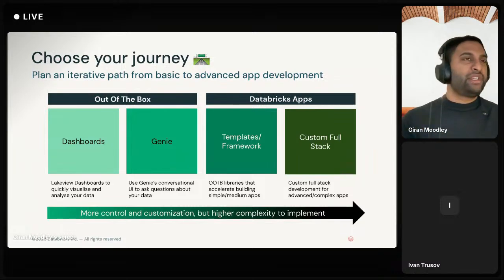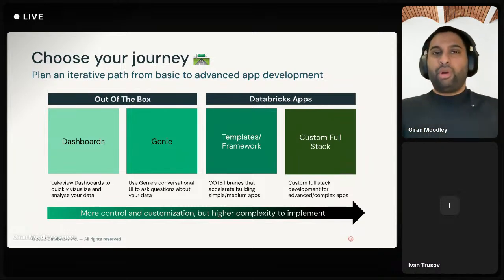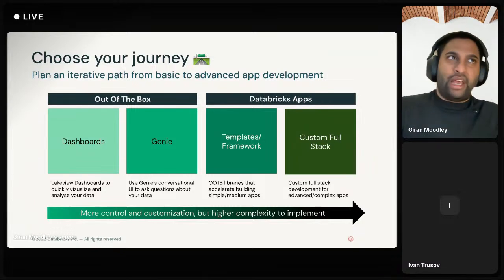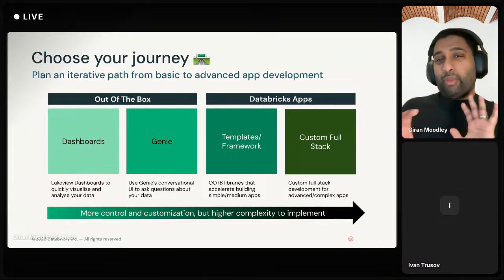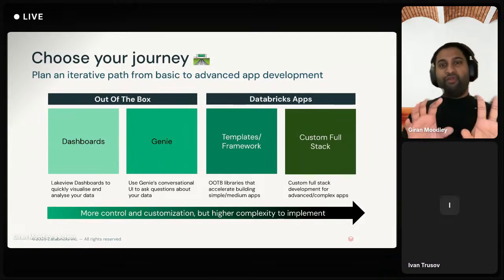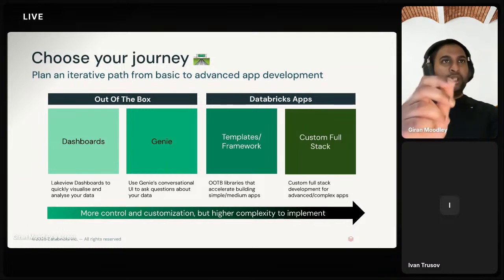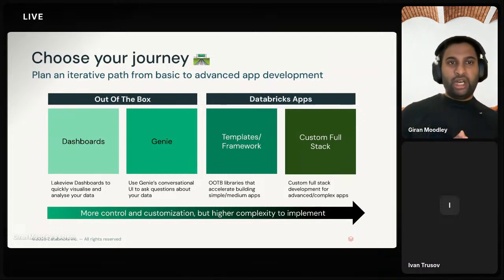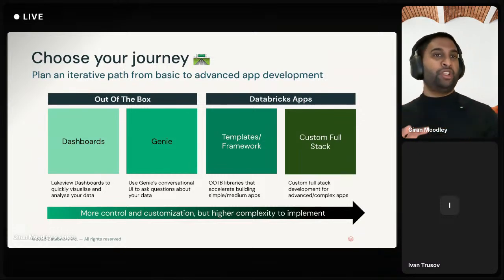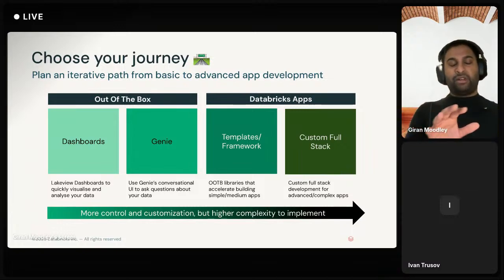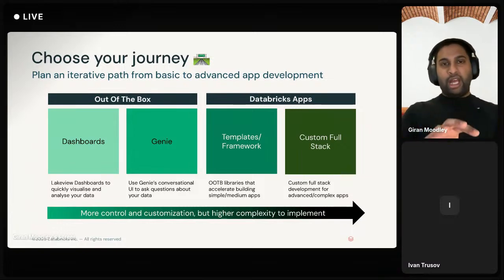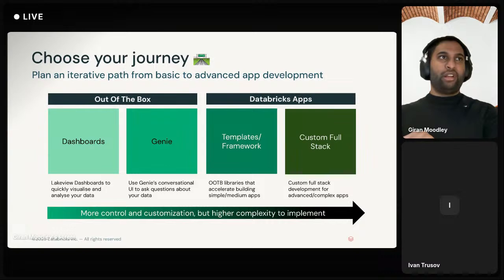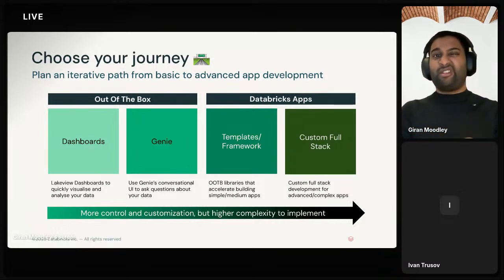What I mean by that is, typically we allow users to curate the data sets and then publish them out using a dashboard. With things like Lakeview, you can visualize your data very, very quickly. But if you want to move beyond the dashboard and interact with your data through a natural language interface, we have Genie to do that. Genie helps extend questions that the dashboards can't necessarily answer.